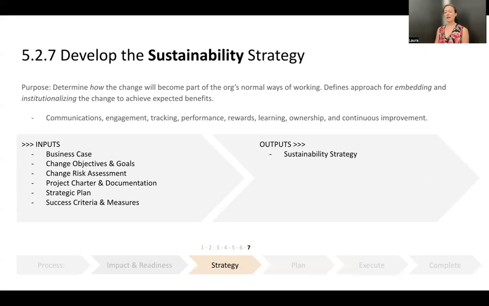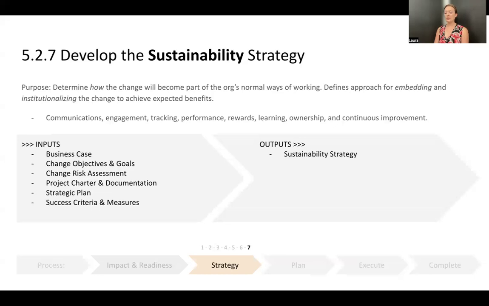The sustainability strategy defines the scope, scale, roles, responsibilities, resource requirements, accountability, and governance structure for the sustainment program. It provides a clear roadmap for maintaining the formal or informal networks or communities of practice that have supported the change initiative and outlines a long-term plan for ongoing knowledge management. Key inputs to the sustainability strategy are the lessons learned from each phase of the change program. The sustainability strategy should cover communication, metrics tracking, performance management, rewards and recognition, sustained ownership, knowledge transfer, and continuous improvement